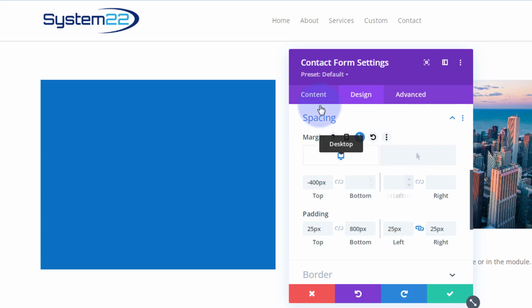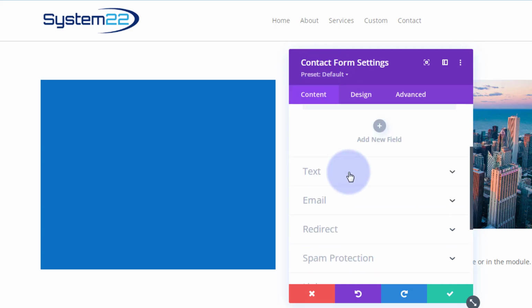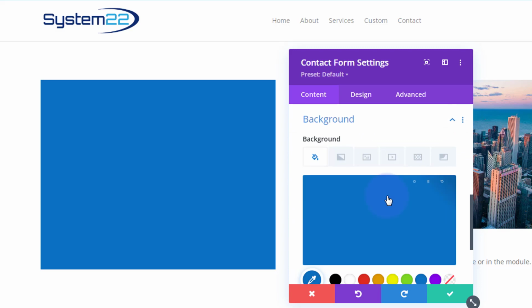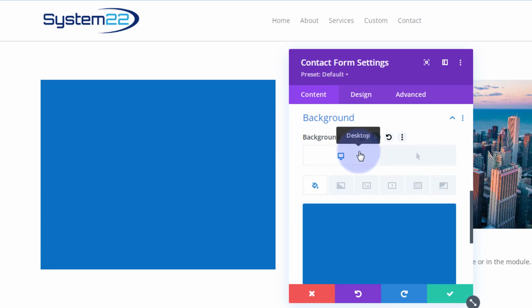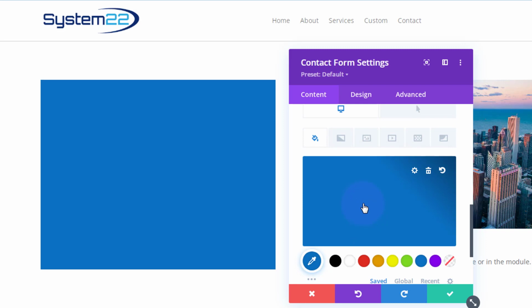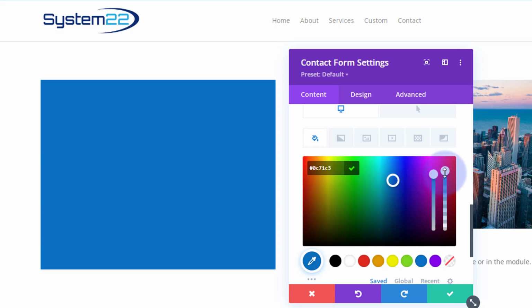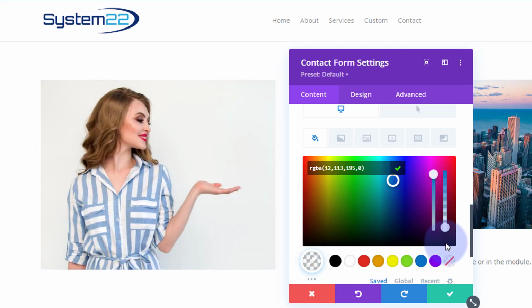So let's fix that. Still in our contact form settings, we're going to go to contact. We're going to go down to our background where we put in the blue color. And again, we're going to go up to the arrow. For the desktop state, when the mouse is not on it, I actually don't want to see this blue at all, so I'm going to take the opacity all the way down. You could delete it, but it's a good idea if you're fading between colours on a hover to have a colour to fade to another colour. So rather than deleting it, I'm going to click on it. I'm going to take the opacity or transparency, this little variegated slider here, all the way down,